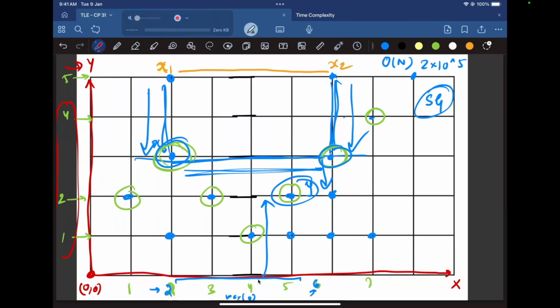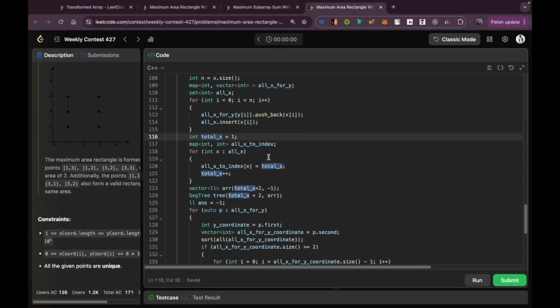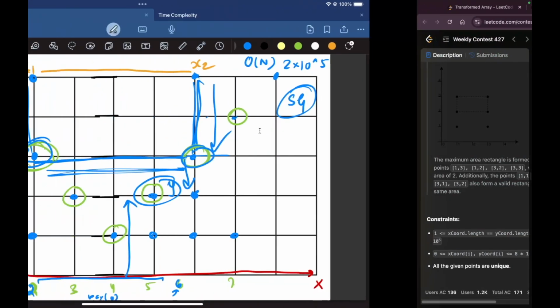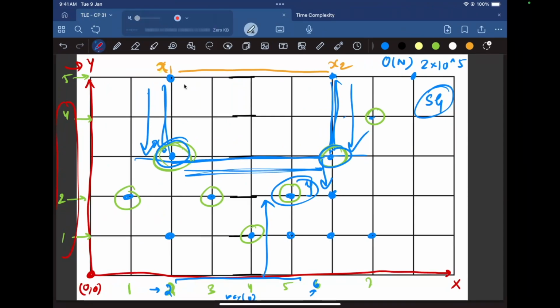So in this case, let's say you saw that there were 7 points. So that is going to declare the size of the segment tree. For that, I have a total x, which starts with 1. I have a map from all x to index. I need this mapping later on because I need to quickly get the index that was collected for every x